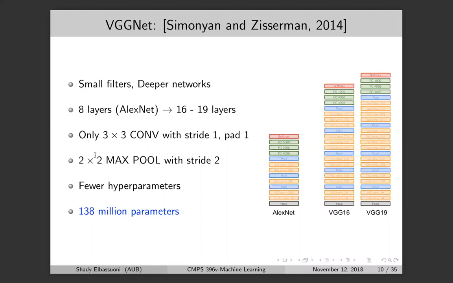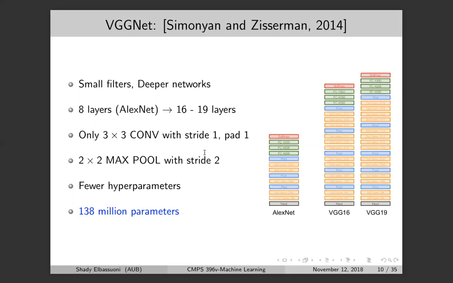Basically, they use only 3 by 3 filters with a stride of 1 and pad of 1. And a maximum pooling of 2 by 2 with a stride of 2. And they didn't do any hyperparameter tuning on these. They just decided a priori we're going to fix it. So the size of the filter is 3 by 3. The stride is 1. The pad is 1. Maximum pooling 2 by 2 with a stride of 2. And they didn't worry about trying different hyperparameters there. So changing the stride or changing the padding, changing the filter size. They said, okay, we're going to focus on creating just a deep neural network using some predefined or set filter